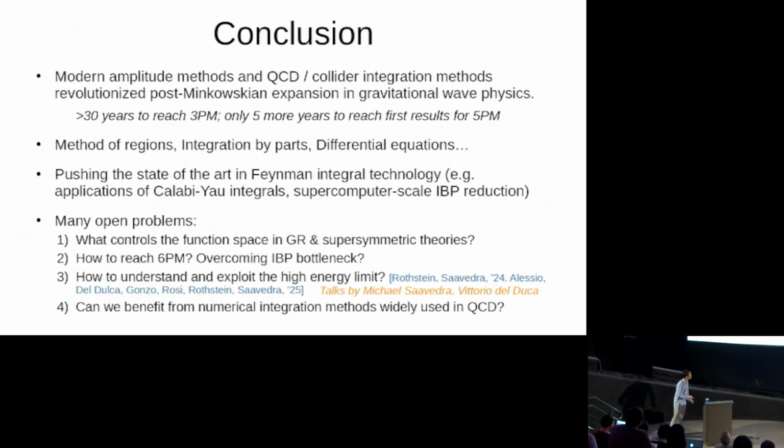This is seen by the fact that it took us more than 30 years since the result of Westpfahl in the 1980s to reach the 3rd post-Minkowskian order, but only 2 more years to reach the 4th post-Minkowskian order, and just a few years after that for people to get first partial results in the self-force truncation for the 5th post-Minkowskian order. So this really caused the field to revive and explode.